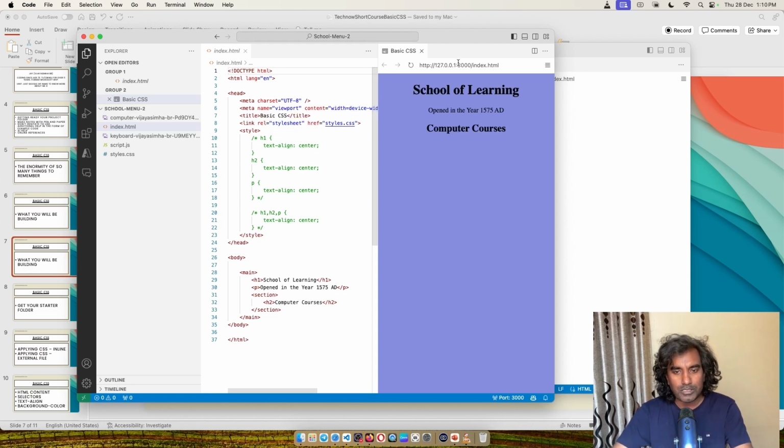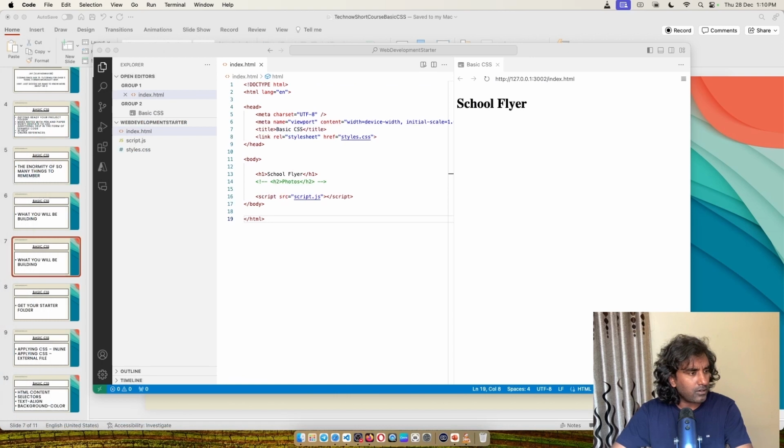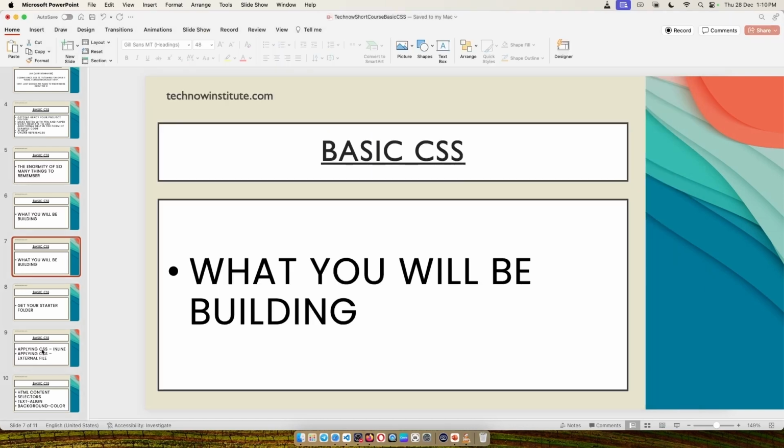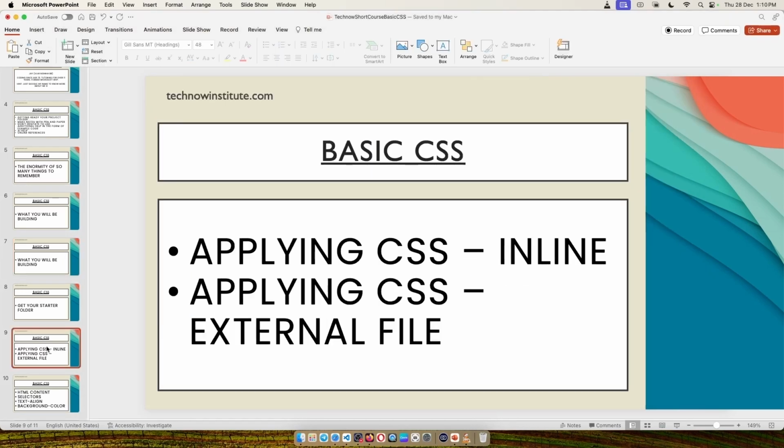Okay, so let me go ahead and put this example code on my other screen. And also, just so that you can see the whole screen, let me remove myself. There you go. Now you can see the entire screen. Now, the first thing I want to do is add the necessary HTML code. Now, I already have the school flyer title. Now, what I want to do is explain to you the two.